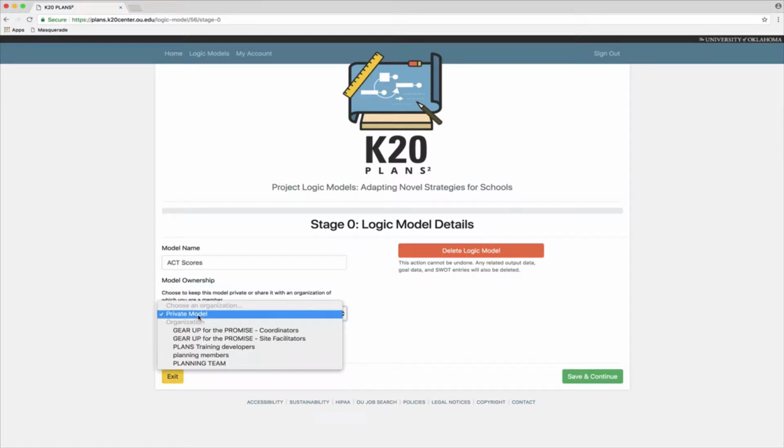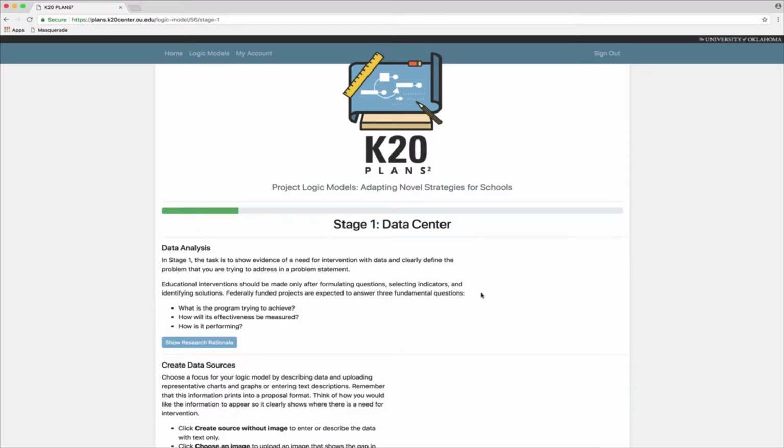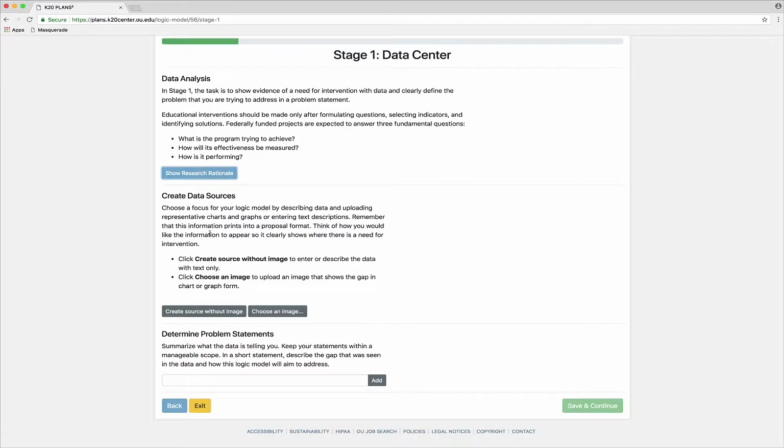and decide if you want to add it to an organization. I'm going to say provide my own data and strategies in this model because that's your most likely scenario. And then you will see that the first stage is the data center or data analysis stage. Each stage has instructions as well as supporting research for that stage that you can check out on your own